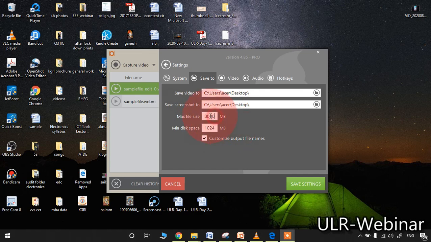Otherwise, if by mistake you mention something like 1000, and your recording reaches almost 1 GB, then the recording will be stopped automatically. If you notice it, there is no problem. If you do not notice it and continue telling the story, narration, everything, then once again you need to repeat everything. So basically, before starting the recording, we need to take care of the inbuilt settings. There is no problem if you keep a high value here.